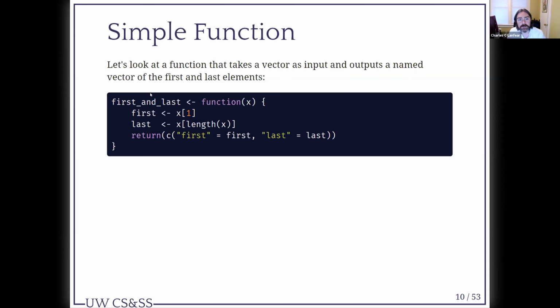Okay, this says we're going to write a function. So the function in R that makes functions is function. It's easy to remember: function makes functions. We're going to name this function first and last. This assignment here looks like assigning any other object in R because a function is like any other object. Then inside this function, and notice the squiggly bracket here,